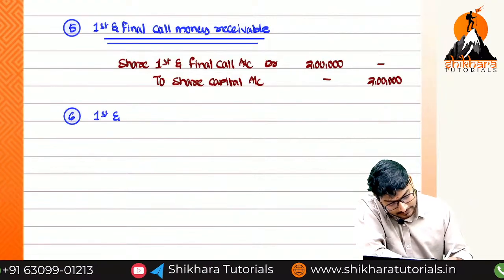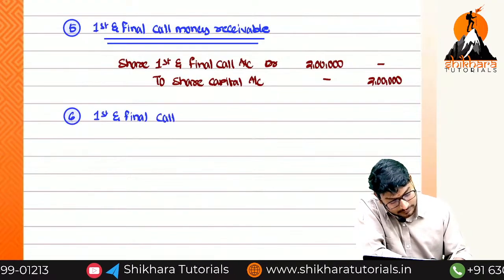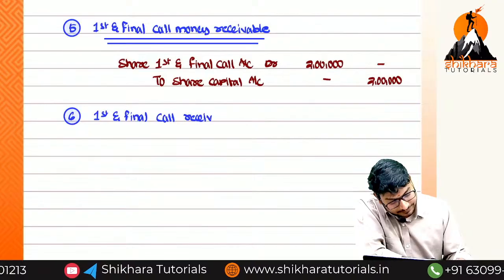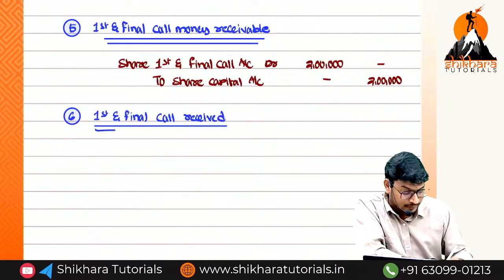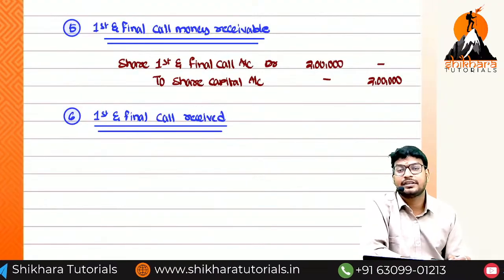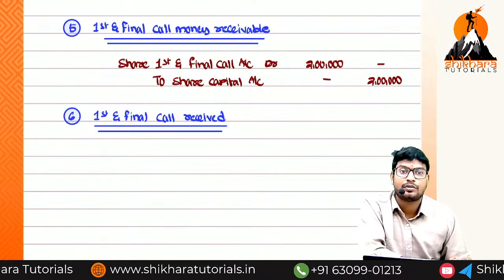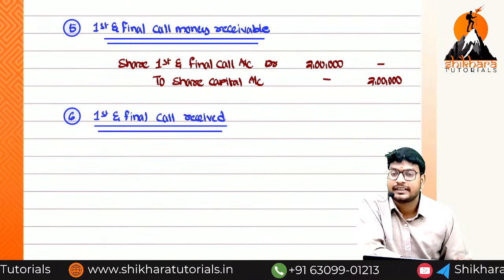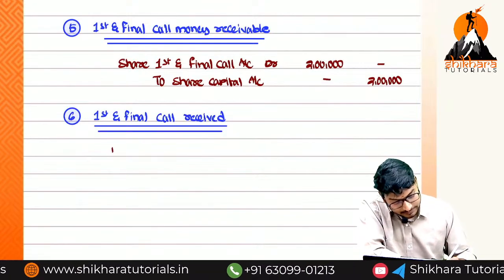First and final call received. How much amount we have received only? On 1000 shares we have received or we have not received? On 1000 we have not received. That means on how many shares only we have received, ma? 99,000. So bank account